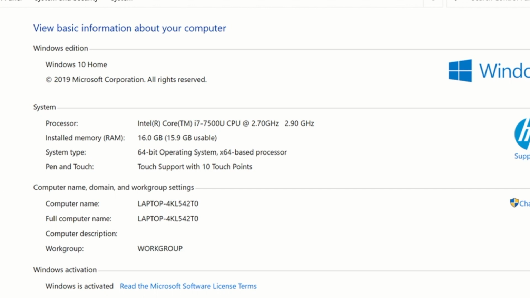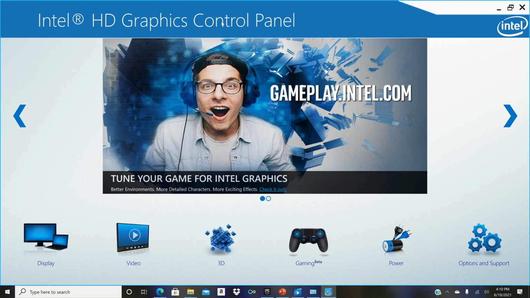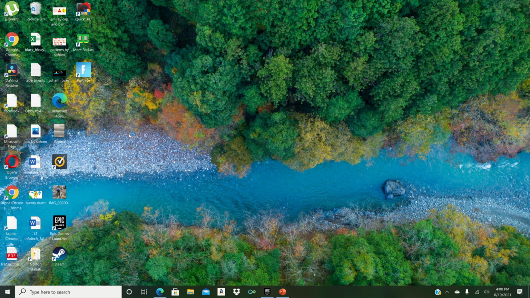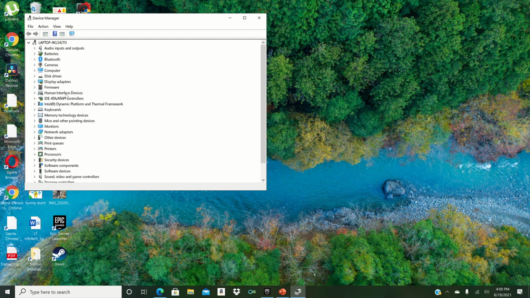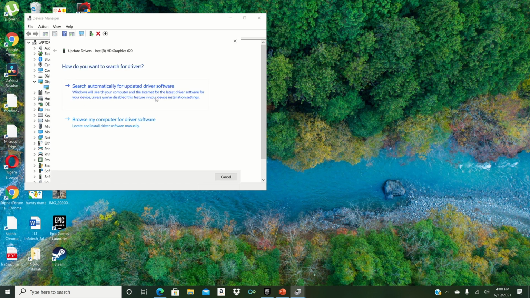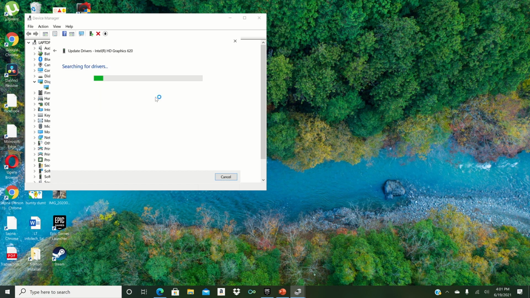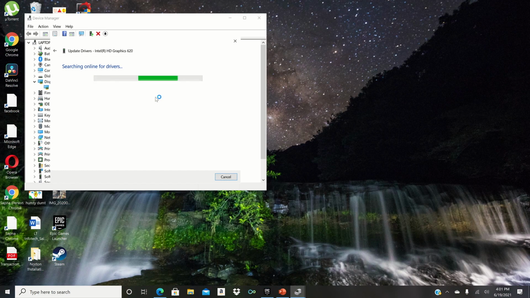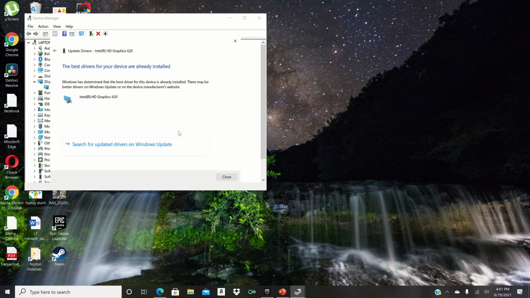Hey folks, I'm using an HP laptop having an i7 processor, 16 gig of RAM and Intel HD 620 graphics card. Before we start doing any changes, we need to update to the latest driver version for the display adapter. Go to the Device Manager, Display adapters, select the Intel graphic card you are having, and then click on Update drivers and search online for the latest available drivers from the Intel site. For this demonstration, I have already upgraded the drivers, so I already have the best drivers on this laptop.